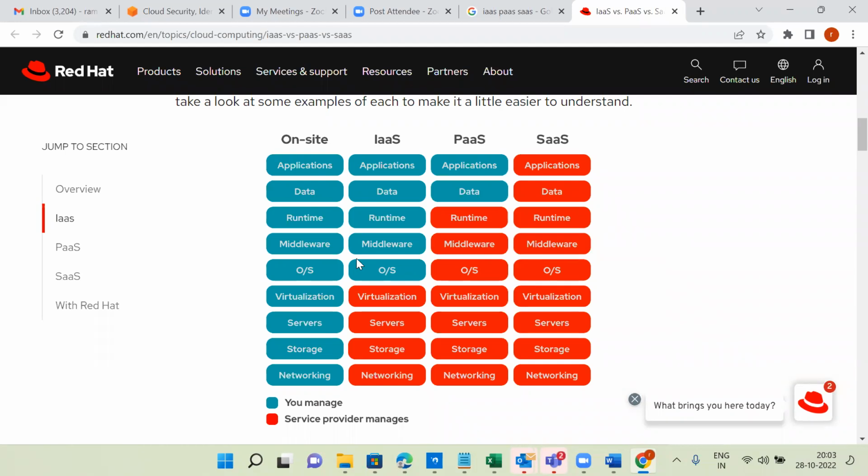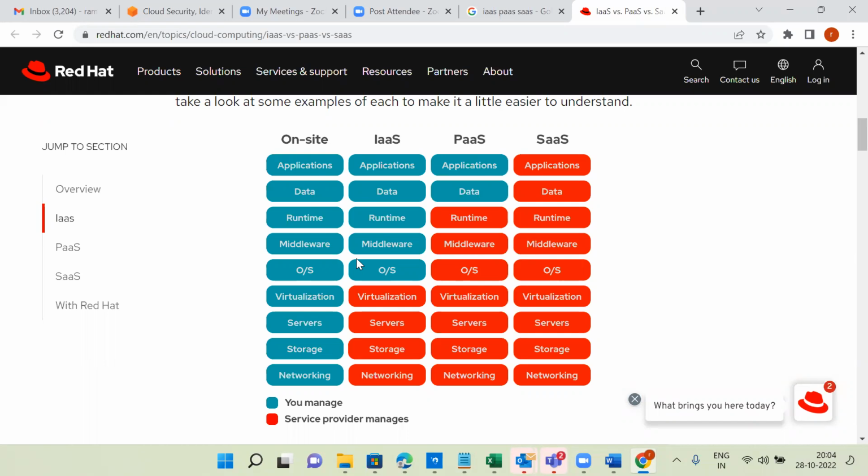So that is about the differences between on-site or data center or physical location, IaaS, PaaS and SaaS. If you are going for cloud security interviews or cloud architect or any AWS or cloud-related interviews, they will ask this, not only for the security team. What is IaaS, PaaS and SaaS?